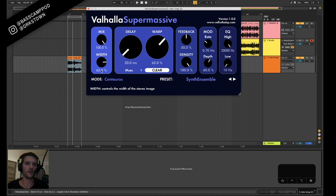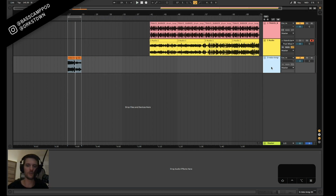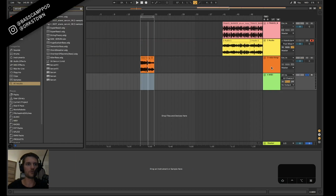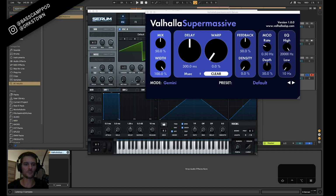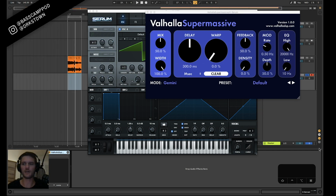And then width, I like playing with their width knobs a lot on their actual delay. And this is kind of the same thing here. If we listen back, it's actually easier. Let me just pull on a Serum instance real quick. Cool. So now we have Serum and Supermassive. And I did that because Serum's very mono off the bat on the init patch. So that's straight down the middle. So if we hear Supermassive on top of that,